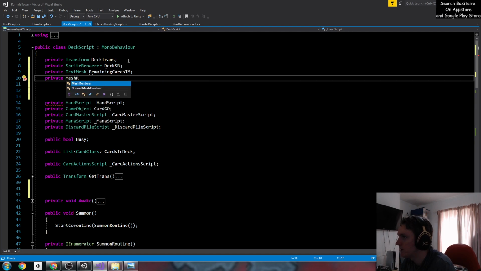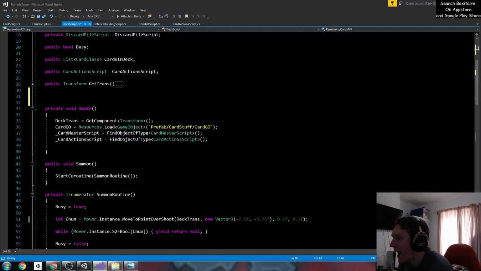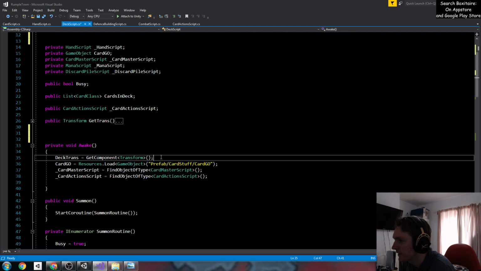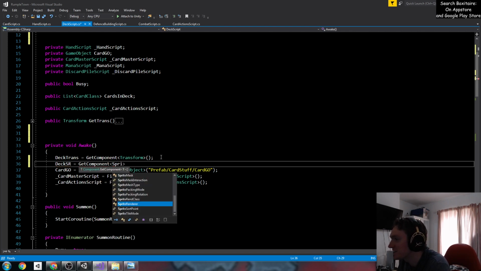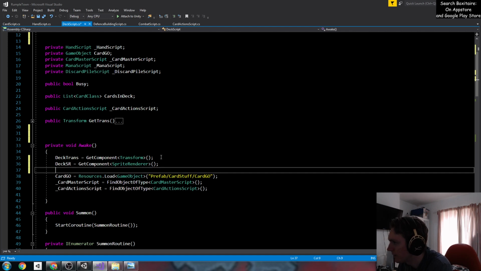and mesh renderer is remaining cards mesh renderer. Yeah, like I said, I don't use abbreviations for everything, but there's some things where it just fits and it works. So I'll always call mesh renderers MRs, text meshes TMs, and sprite renderers SRs. But yeah, like I say, it's kind of a bad habit to have everything as an abbreviation. For some reason, it just makes sense. Right, anyway. Deck trans, deck SR. And like I say, I'm getting access to this purely because it feels like I should. Sprite renderer